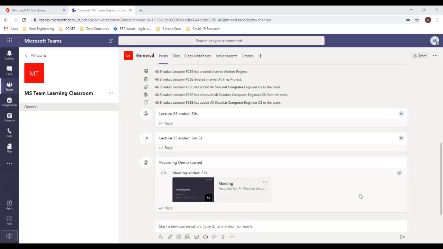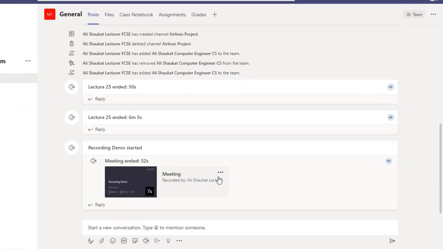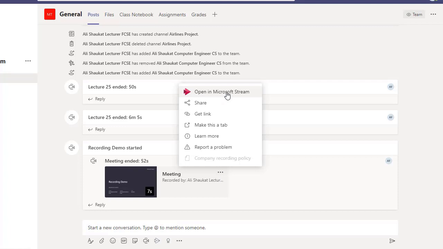When you end the call, the recording of the call is automatically posted in this post timeline. It sometimes takes some time for the recording to be ready, and it is automatically uploaded on Microsoft Stream. If you want to make any changes in the recorded lecture, you can go to the meetings by clicking on the more option and open in Microsoft Stream, and you can make any changes. Okay,